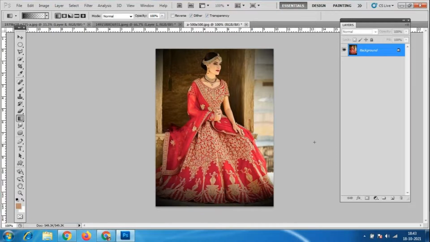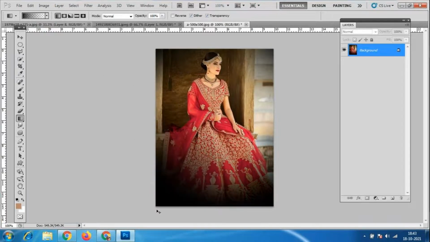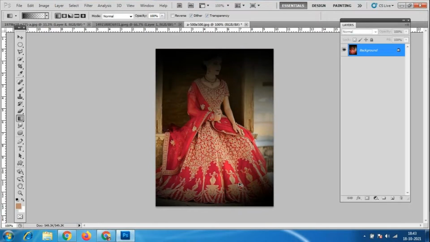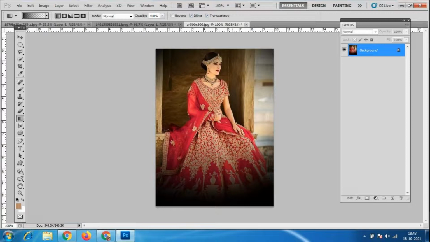See, if you want very little, you have to drag it like this. Drag it from the outside like this, and only a little portion will be applied, otherwise so much gradient will apply. Okay, like this. See, if I make it like this, it will come like this. See, so many things I can make.